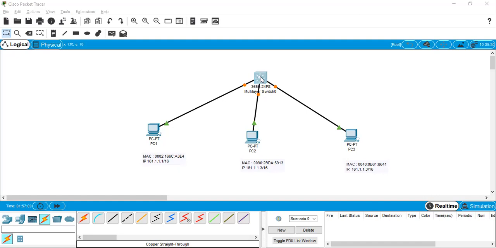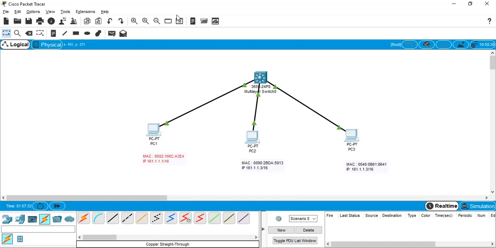Show VLAN. Show IP interface brief. 3 ports are up. The ports become up now. We will try to ping between systems, to make sure that initially we have reachability between them.